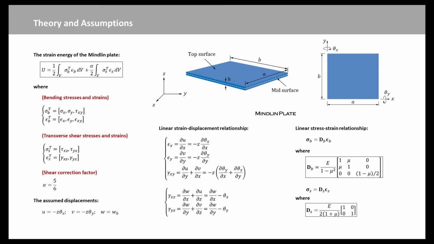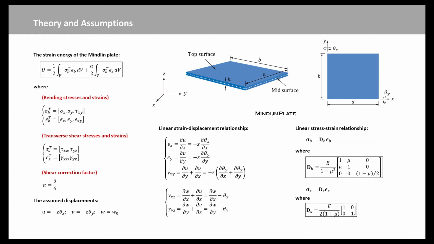The Mindlin theory, or first-order shear deformation theory for plates, includes the effect of transverse shear deformations. It may be considered an extension of the Timoshenko theory for beams in bending. The main difference from Kirchhoff-type theories is that in the Mindlin theory, the normal to the undeformed middle plane of the plate remains straight, but not normal to the deformed middle surface. In this case, only linear static analysis is considered. Material is considered to be homogeneous, isotropic, and linear elastic. Deformations are small enough to use an infinitesimal deformation theory.